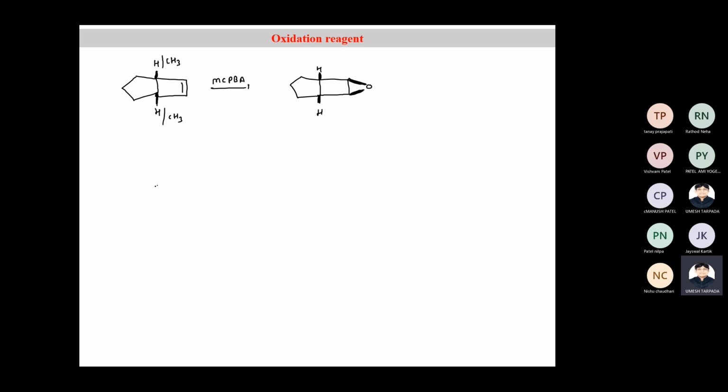But see, if you have one equivalent of reagent, here a methyl group is available and here a methoxy group is there. So if you have simply one equivalent of metachloroperbenzoic acid, then what can you do? On which side does epoxidation take place? Which double bond is electron rich? Anybody, please?